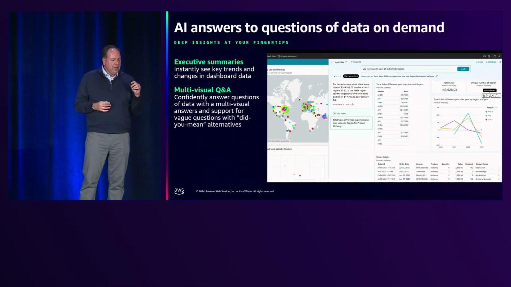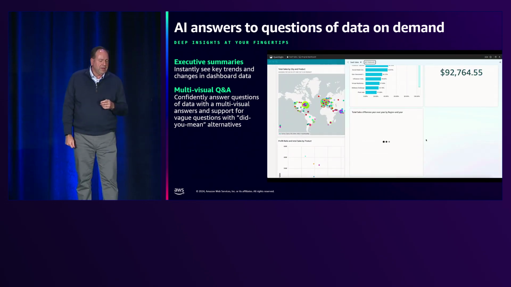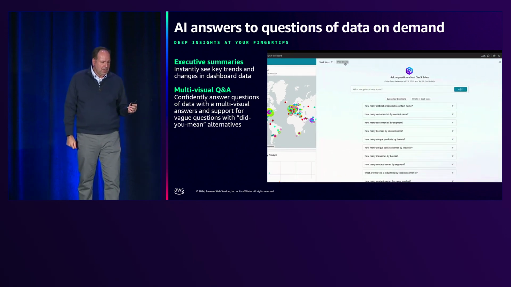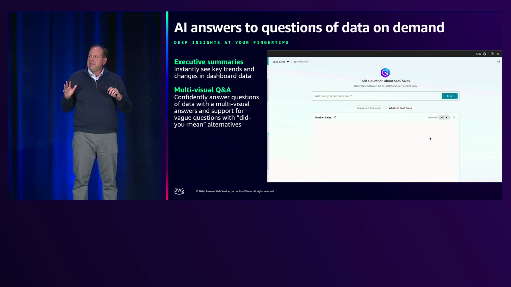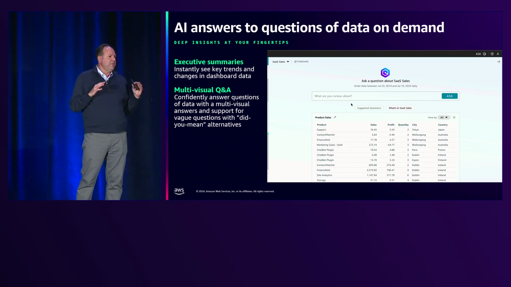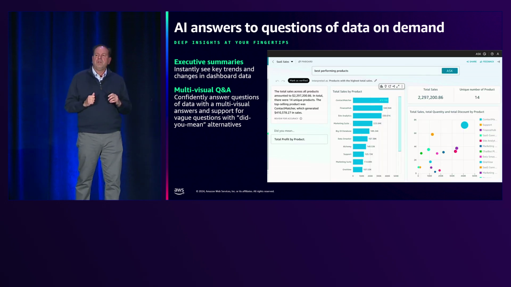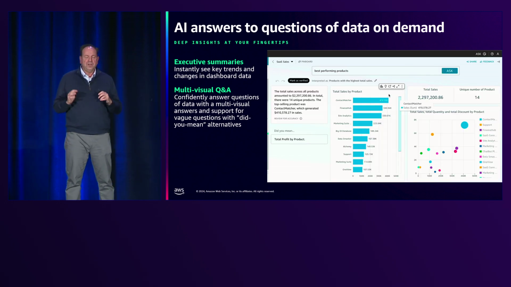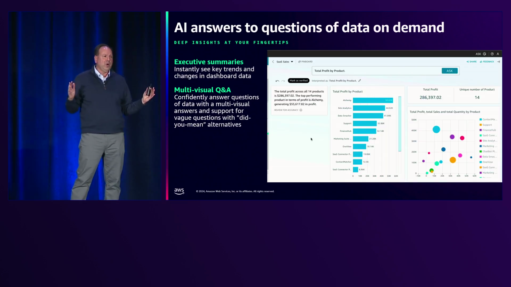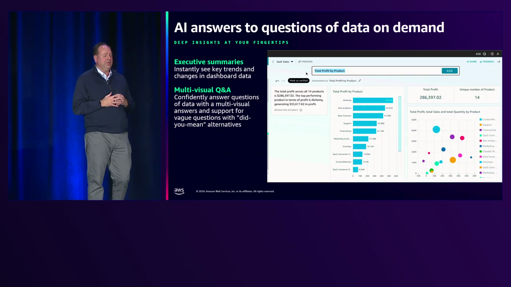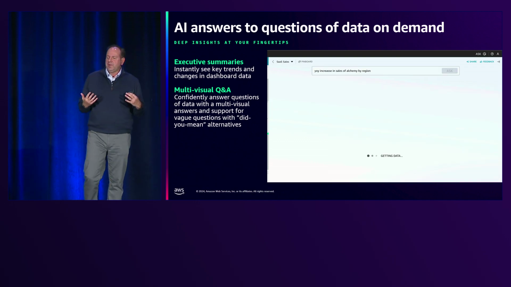We also have a relatively new multi-visual Q&A experience. This lets you answer questions of data just using natural language, and then we give you a multi-visual response. And so what we have found with this experience is that customers sometimes come in with a very specific question. Sometimes they just come in and they just want to understand a little bit more about the data before they actually get in and do additional discovery. And so this multi-visual Q&A gives them multiple perspectives on the data.